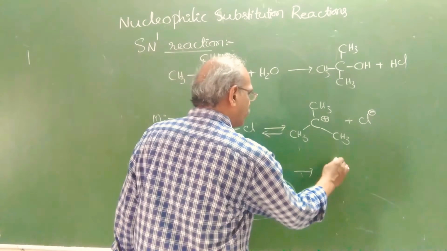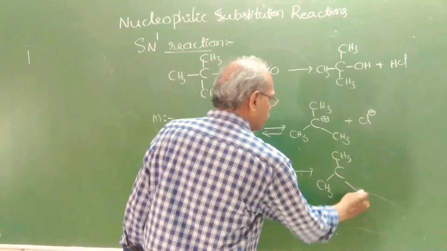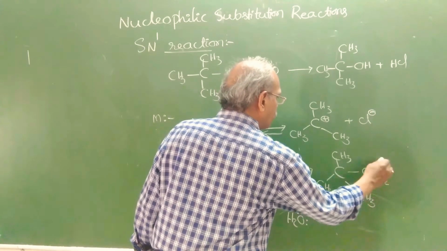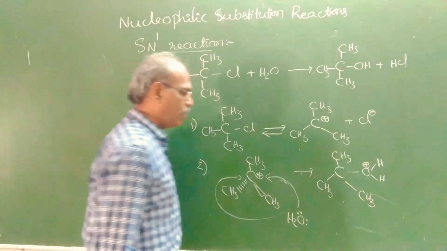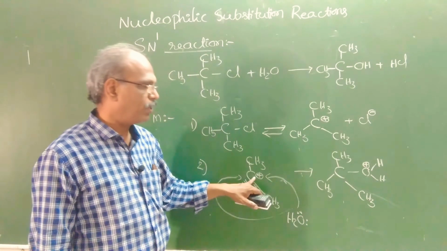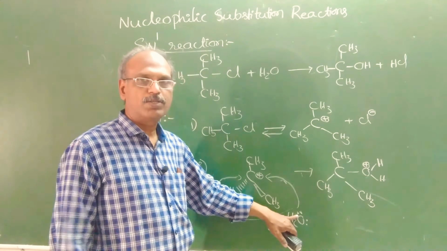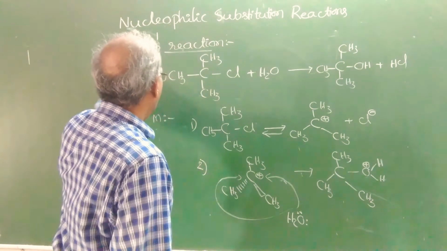What happens after the attacking of nucleophile? See this, CH3, OH2 plus on oxygen, because it is donating an electron pair to C plus. Loss of electrons for oxygen, so it gets a positive charge. Okay. Thereafter, let me write here,